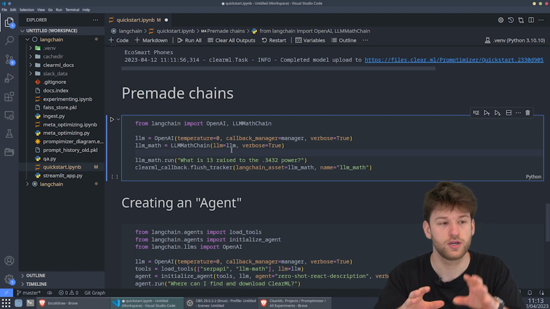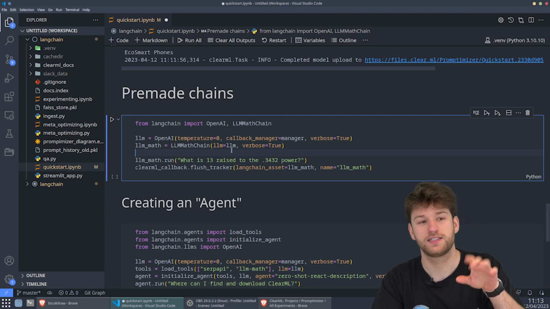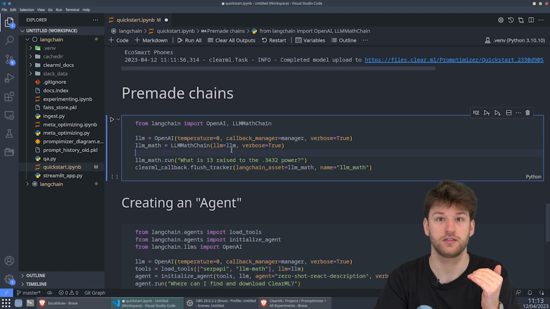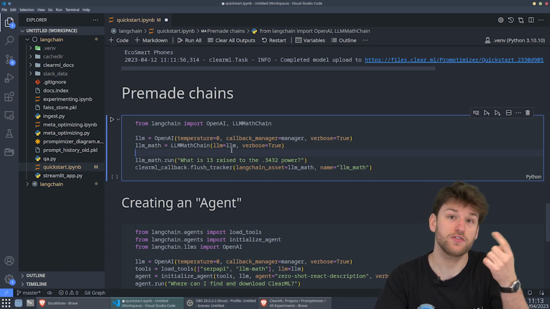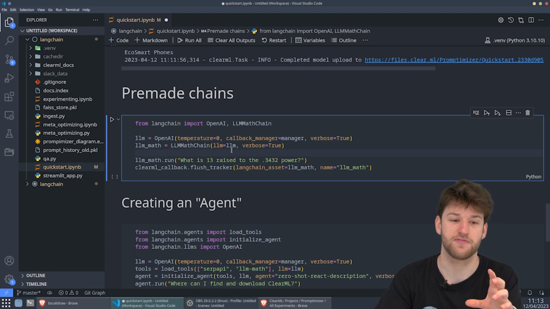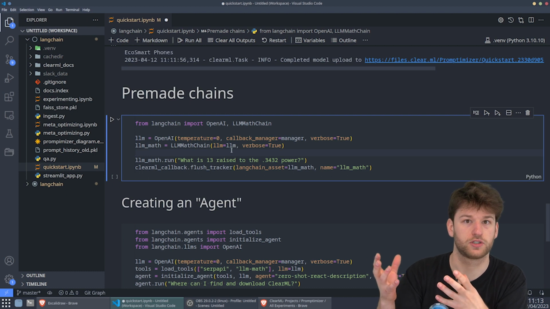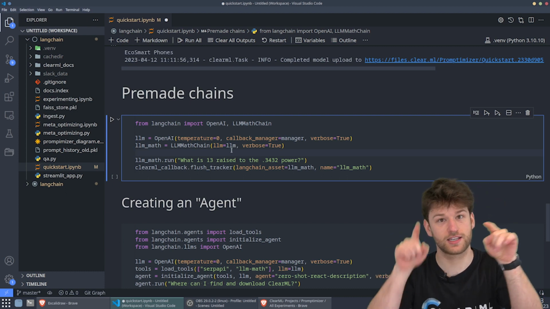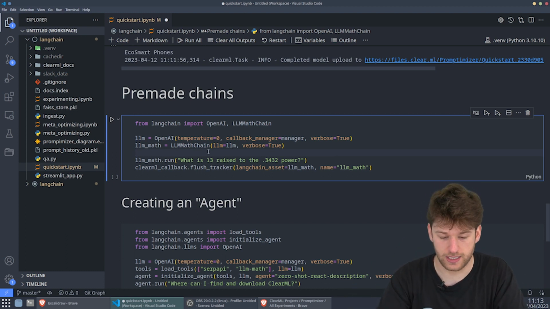So what we can do is use a prompt that asks ChatGPT, hey, you're going to get a math question. Instead of answering it, create some Python code that can answer this math question. And then we'll just use any normal code interpreter to run this code, and that will give us the correct answer. So this is just a little hack that LangChain found, and it's all packaged in this neat little